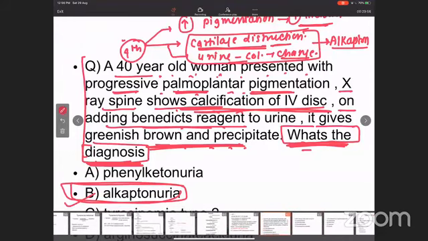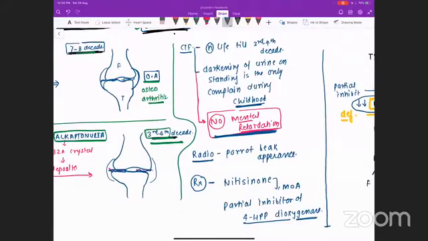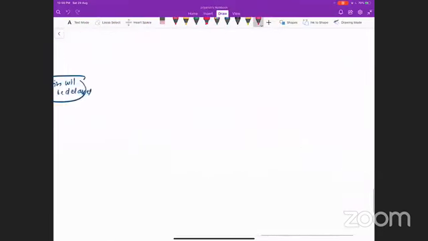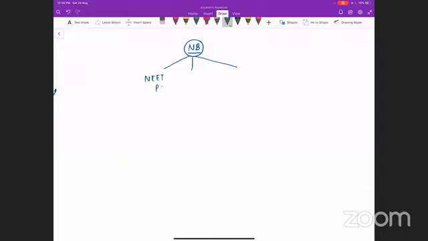Because we have a few 4-5 minutes, I will tell you how your paper is made. No need to write this part, just try to understand. The NBE board previously conducted 3 exams in a similar manner: NEET PG, DNB, and your exam. Now the DNB is merged with NEET PG, but earlier 2 exams were conducted separately.